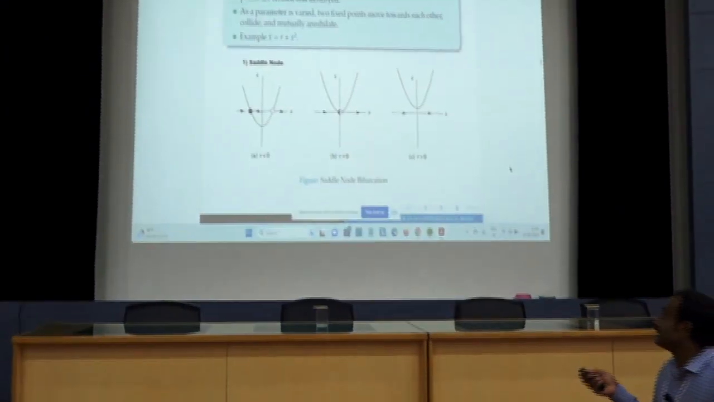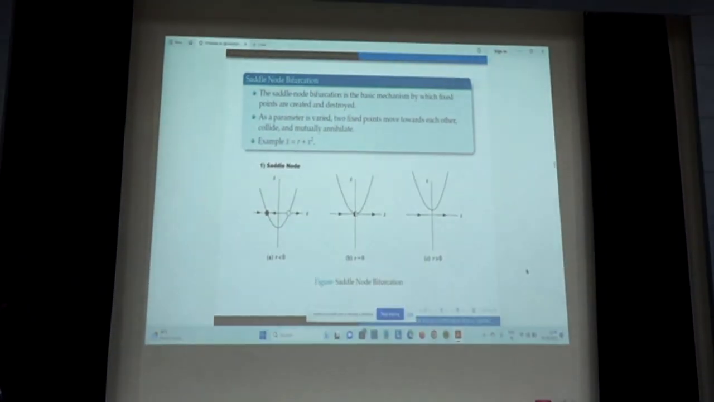For example, we consider a system with one equation, x dot equal to